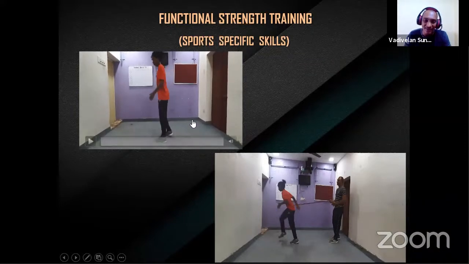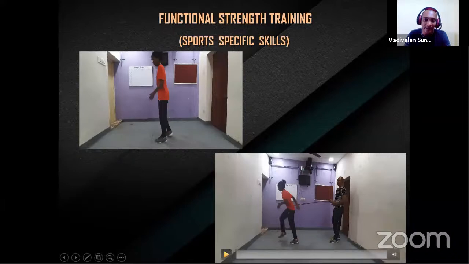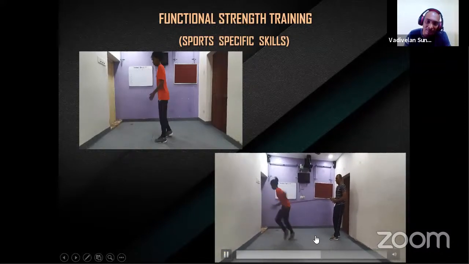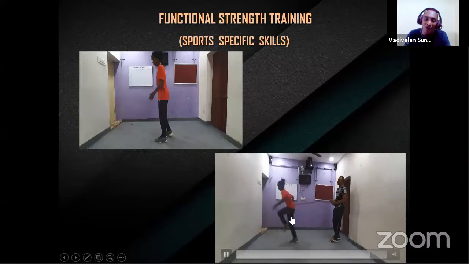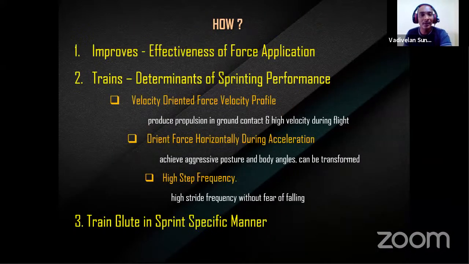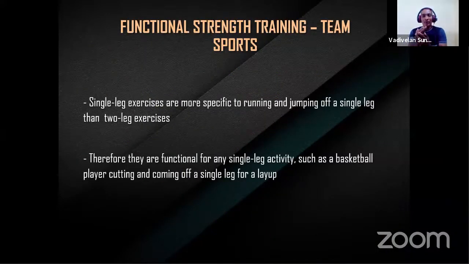I have not given any instruction, okay. Automatically the body goes into an inclined position and the legs push back. So automatically you are increasing the horizontal force of the athlete. When you give some resistance, at the same time the athlete may not have a fear of falling when accelerating. That's the main thing about resistance training. So this is all about how we can improve a sprinter's performance.